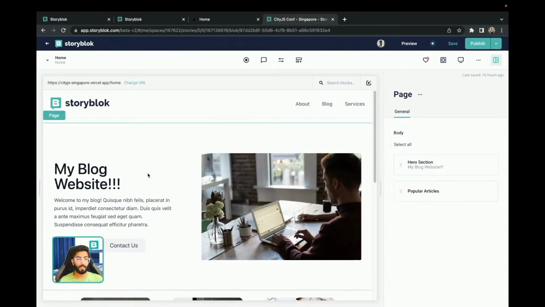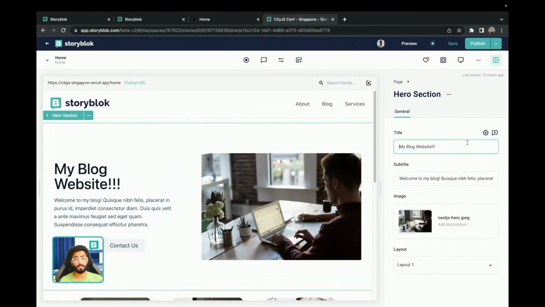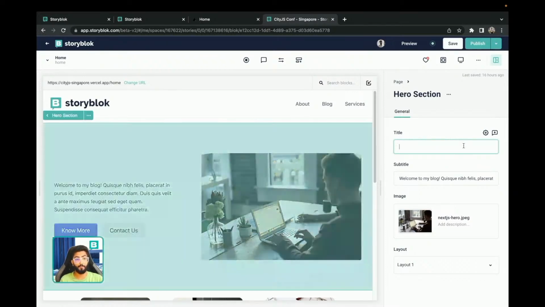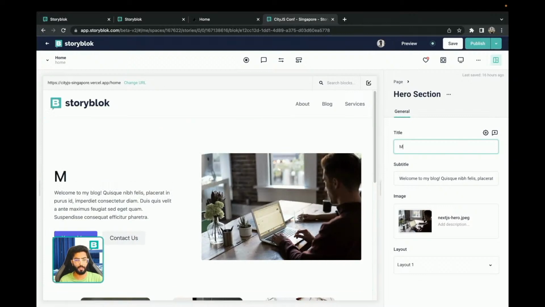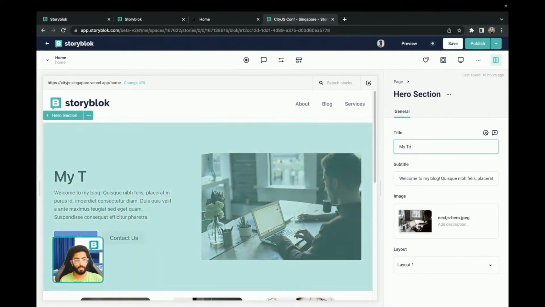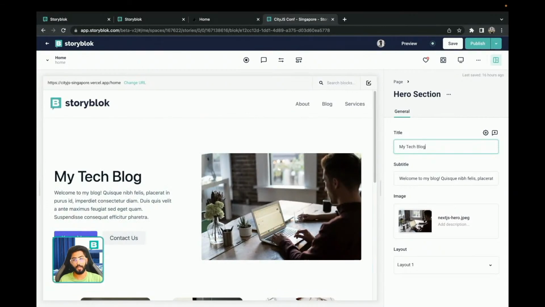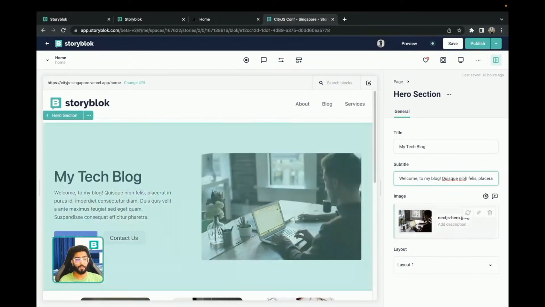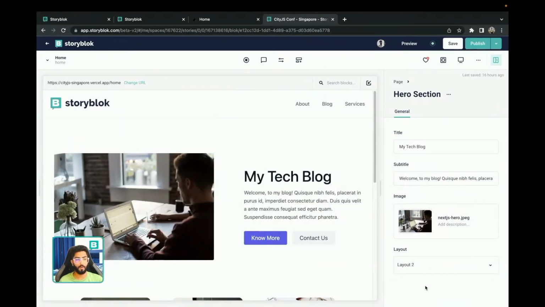If I click over here, the schema for that particular component gets opened up, and I can make live edits over here. So you can see how your content is going to look before getting onto production. Maybe I want to say my tech vlog or something like that. I can change the title, the subtitle, whatever I'd like to change. I can even play with the stylings. Maybe if I want to change the layout, I can do this, and this is highly customizable,